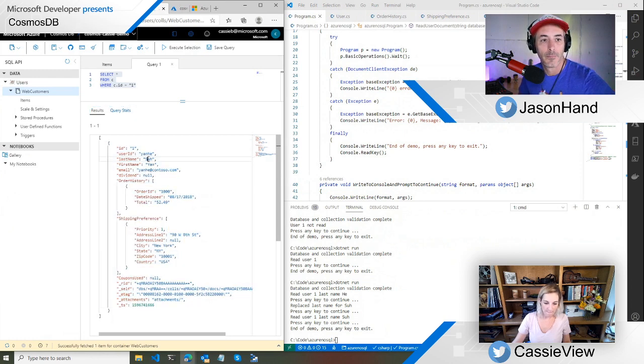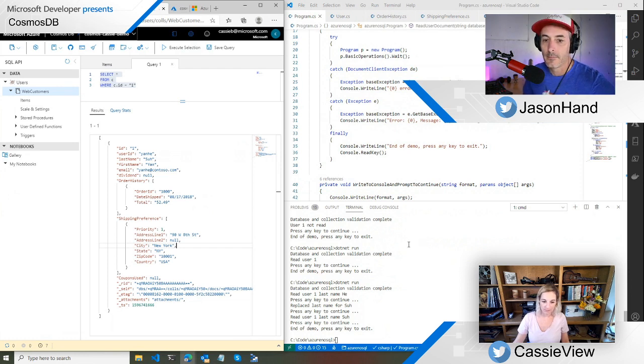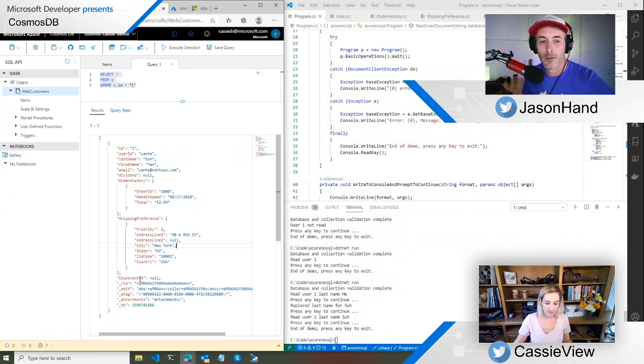Yeah. So replace is like an update, and you don't have to worry about getting the object. So I think if you actually want to wipe it out, you would delete it and add a new one. Like what if I wanted to remove the shipping preferences? I don't know why you would want to, but I'm guessing you'd have to. Get it, delete it, add it. Right.